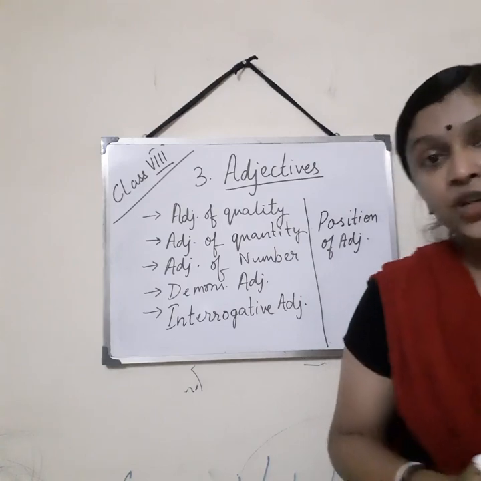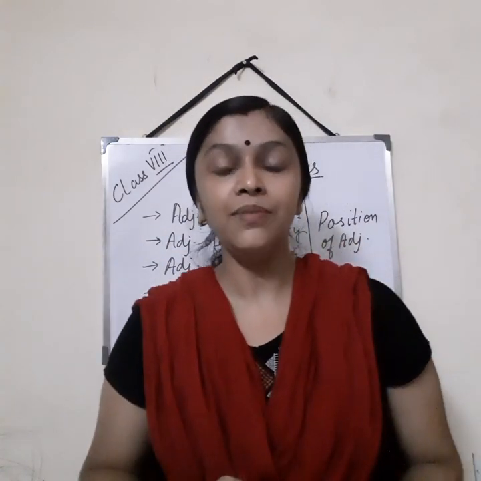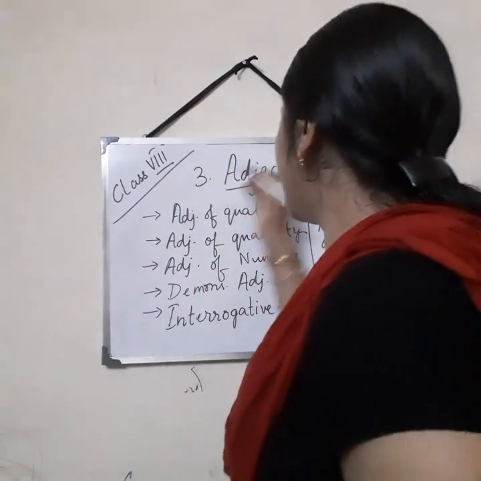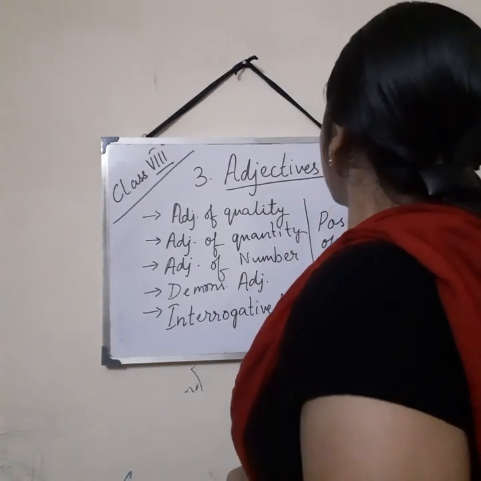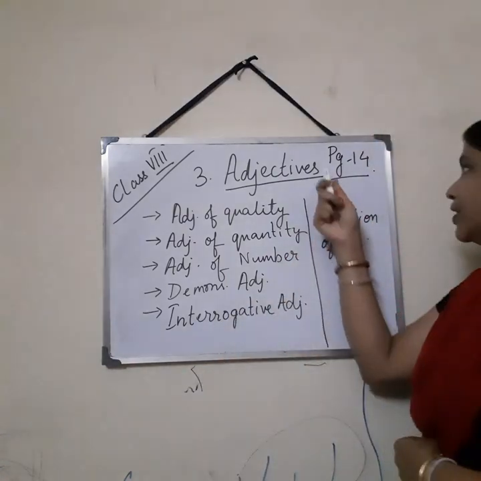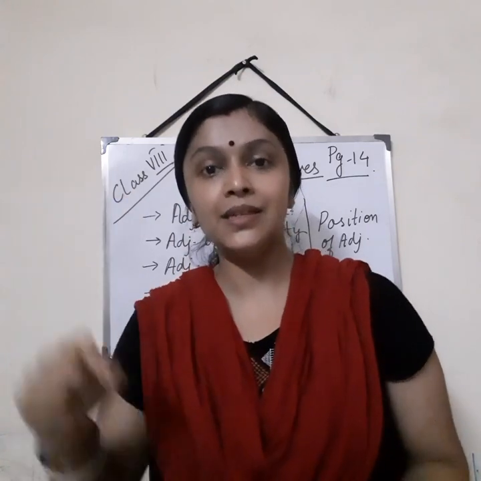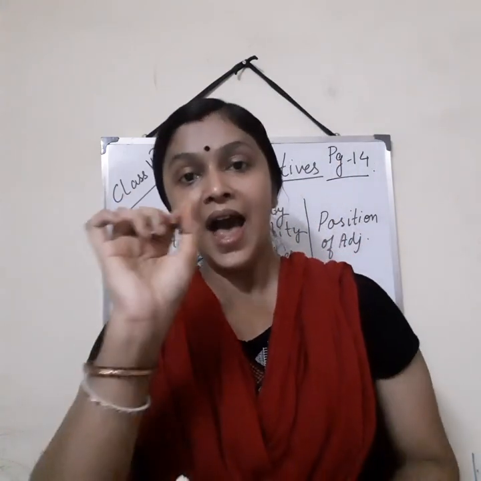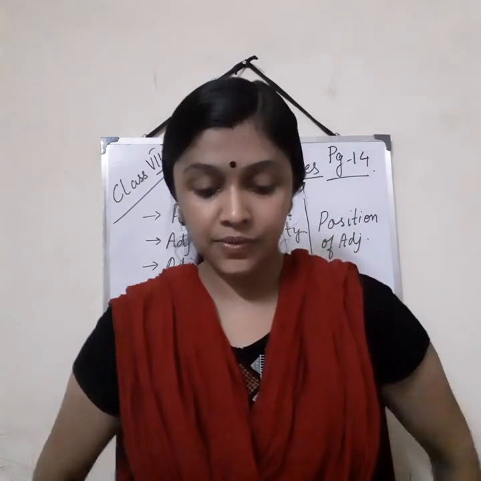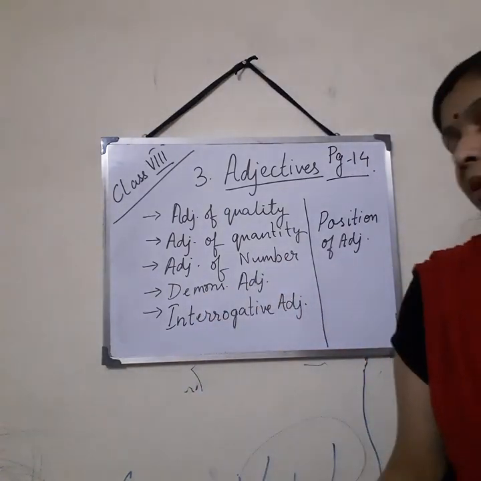Then we come to demonstrative adjectives. As I am telling you, you will just mark the first line which is given just beside the kind of adjective as it is written in your book, page number 14. This is just a recapitulation of your earlier knowledge, so I'm not going into details with this. Page number 14, mark the kinds which are given with a pencil, give a tick mark beside them, and then just underline the first line which is written beside the name of the adjectives. Then adjectives of number.